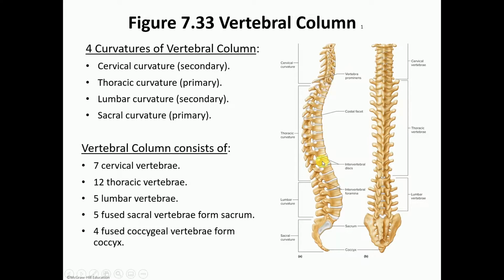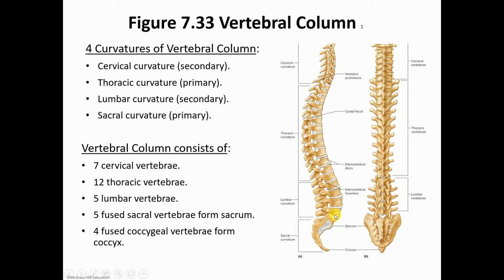For the vertebral column, or the backbone, we've got these different curves. Some of them are known as primary curves, some are known as secondary. So let's break down the different areas of the column. We have a cervical in the neck, those are 7 vertebrae. We've got 12 in the thoracic, or the chest area,